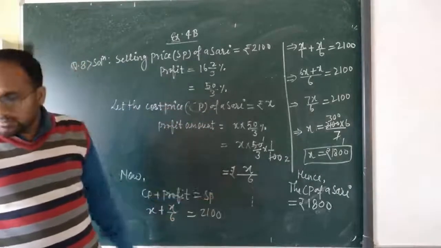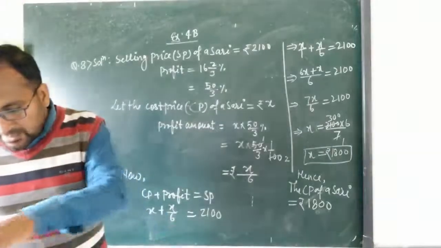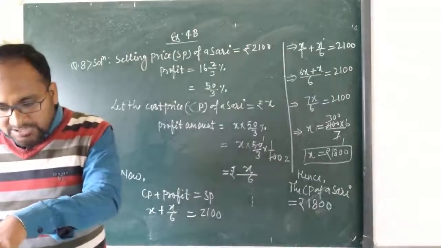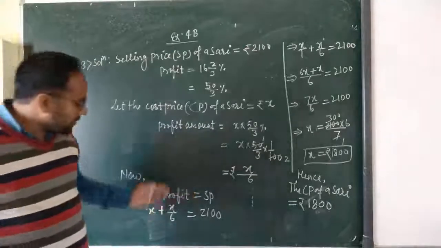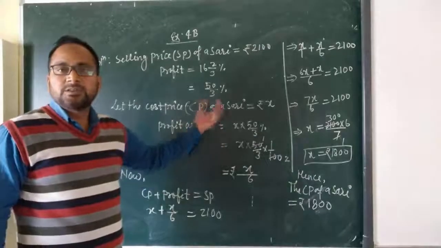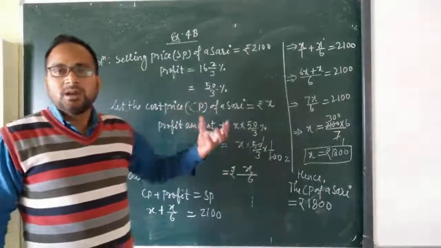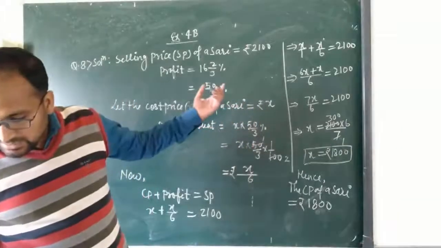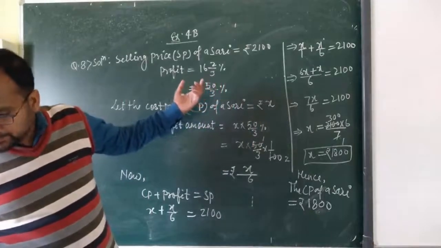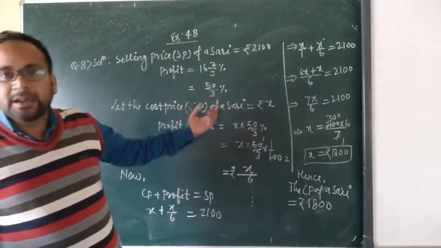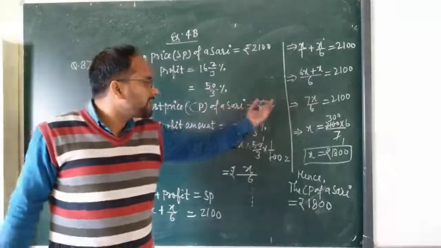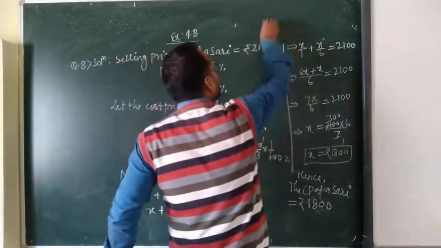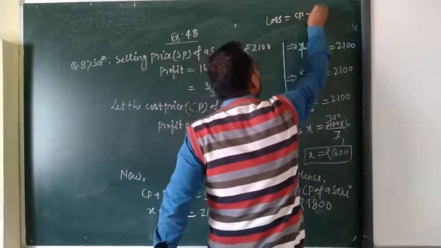Okay, so question number 9. In this one, 12% loss is given and selling price is given. At what price did a shopkeeper buy the CD player? It is just the opposite of this one. In this one, loss percent is given. So first our aim is to find the loss amount, and then suppose the cost price of the given article, here the CD player, is X. Find out the loss amount and then use this formula: loss is equal to CP minus SP.